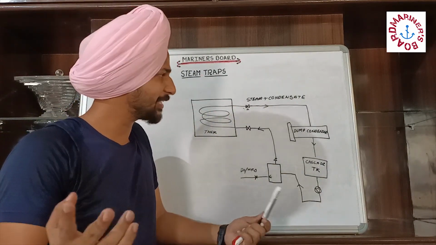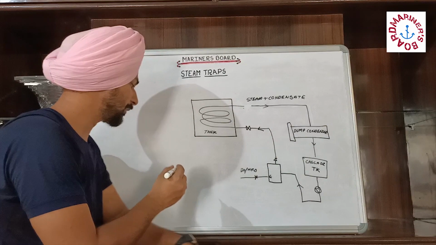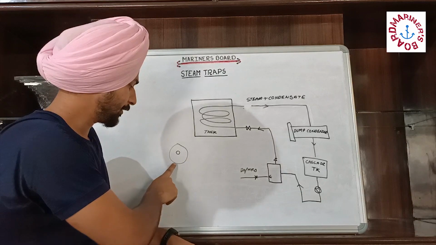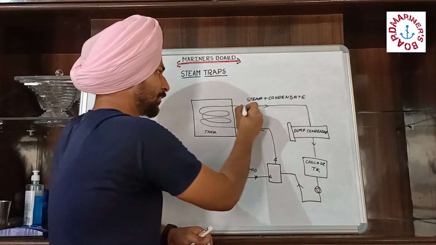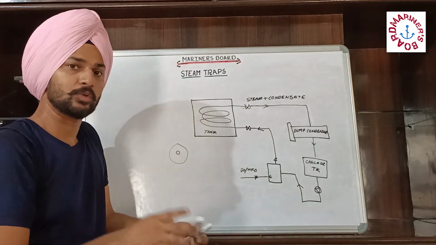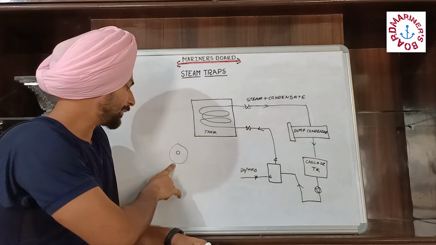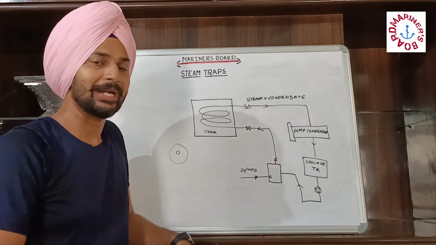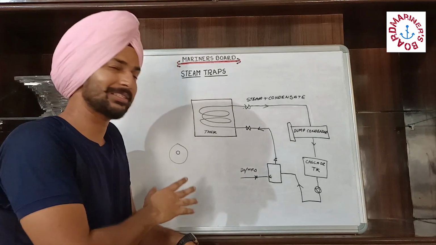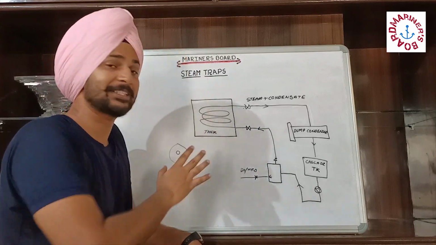The second thing they did was to remove the valve and put an orifice plate with a hole into this line. So they had put a valve with an orifice hole. This was also efficient, but this system also could not adjust to the load of the tank or according to the temperature of the tank. So this system also failed. So the third thing that came was the steam trap.